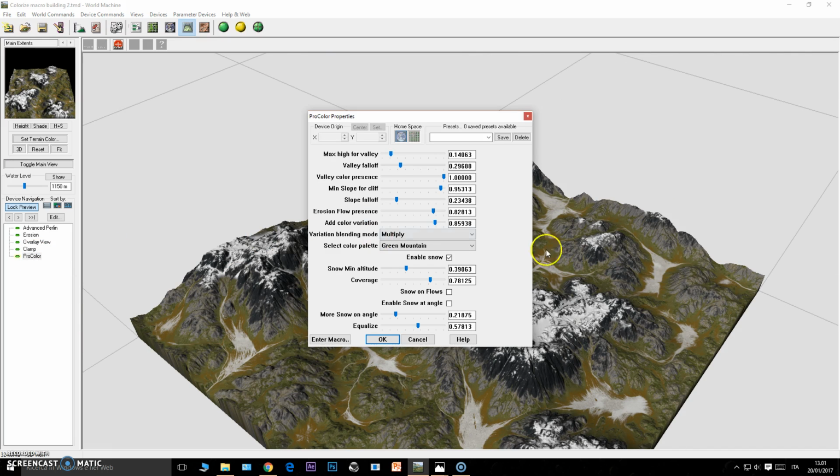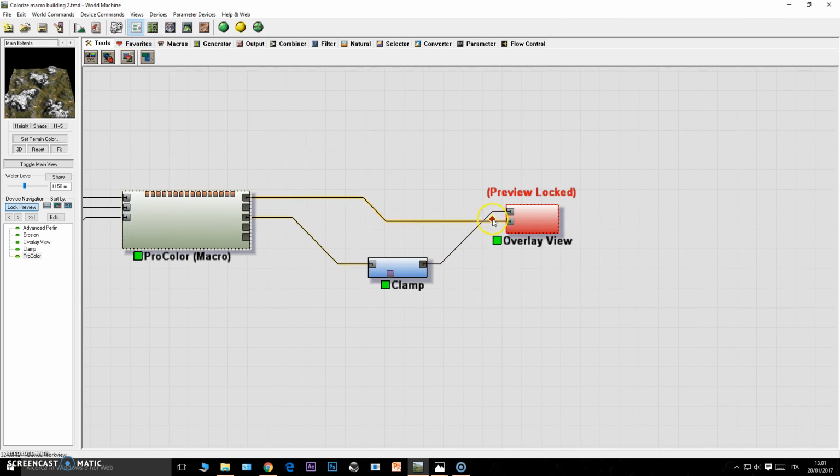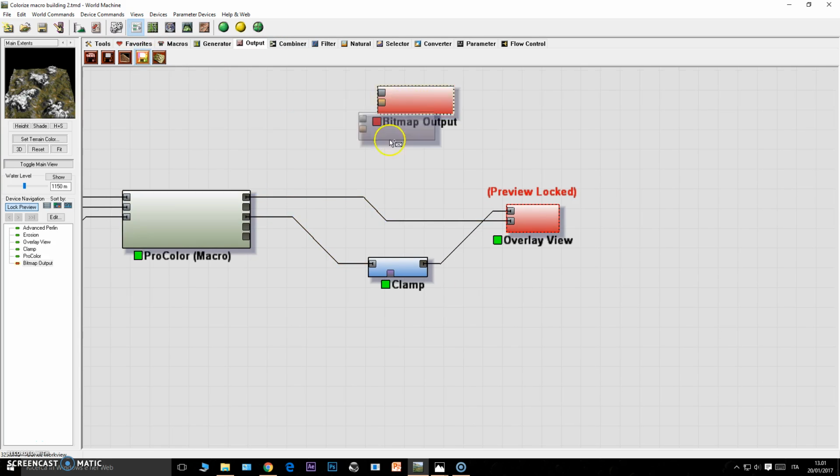So now you know everything about this macro. For the output, you can save the bitmap using a bitmap output here and save this as a bitmap, and a height field output as you do usually to save the height field. Of course, you can save the other maps and combine them as you want with the 3D software you use to render this terrain. Now I'd like to show you some final renders I achieved using only this macro to